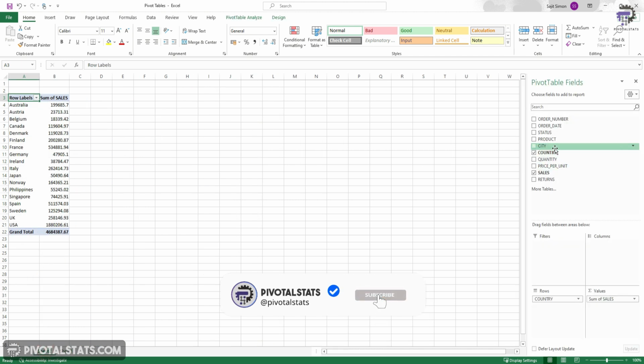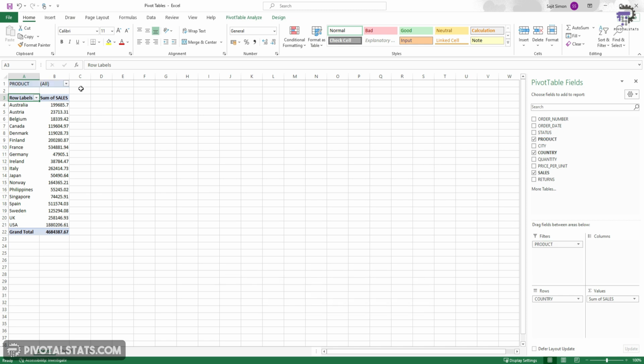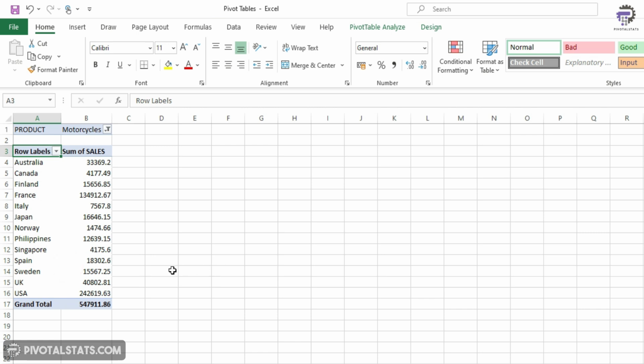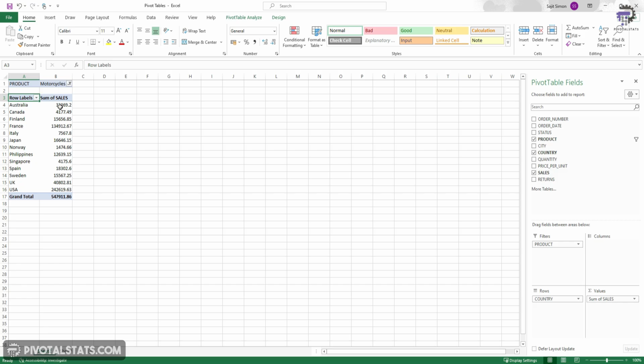So I'm going to drag this product column and drag it inside filters. And from this, just click on this drop down and click on select multiple items. Click on all so that it deselects everything. And I'm going to select just motorcycles because that's what I want to see, and press OK. Now it has automatically filtered out all the remaining numbers and showing only the numbers or sales for motorcycles within